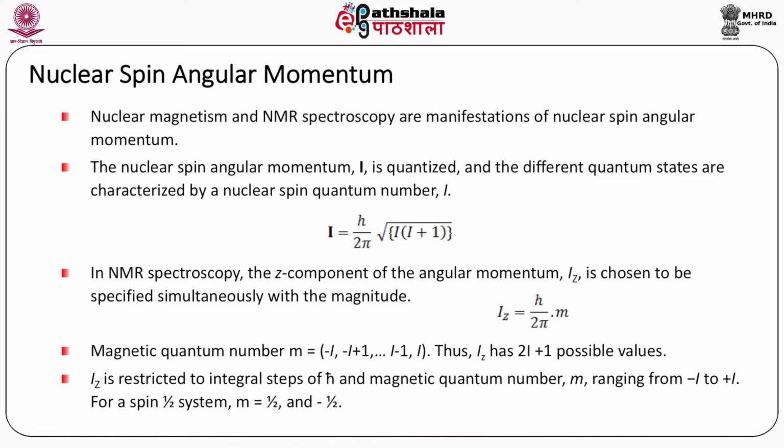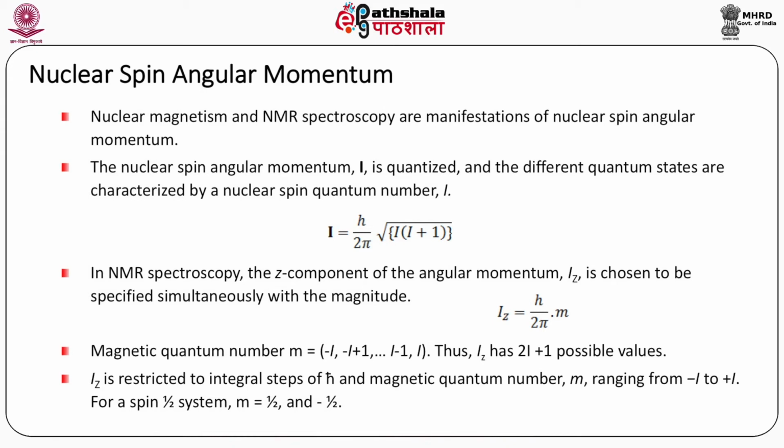The nuclear spin angular momentum I is quantized, and the different quantum states are characterized by a nuclear spin quantum number I, and it is given as |I| = ħ√(I(I+1)), where ħ is h by 2 pi. In NMR spectroscopy, the Z component of the angular momentum, Iz, is chosen to be specified simultaneously with the magnitude. So, Iz is equal to ħ m, where m is the magnetic quantum number and it has